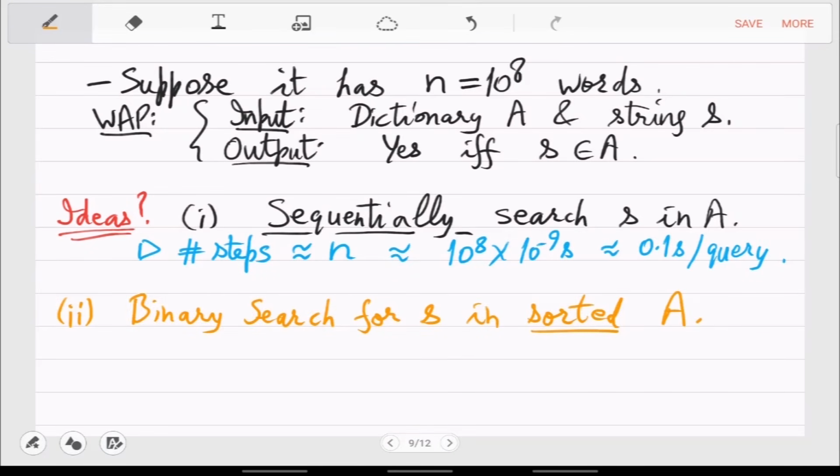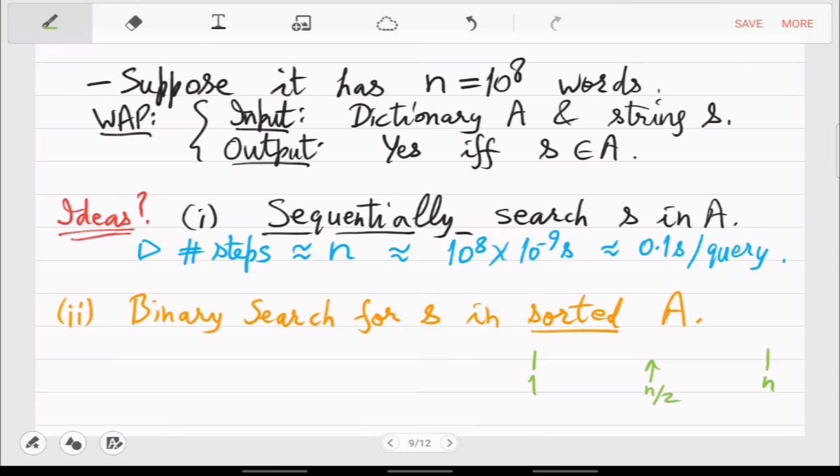Right, so binary search means what? What is the first step? You have to directly go to the middle of the dictionary, right? So the middle of the array. So you go to n by 2 basically. So here you have 1, here you have n. So you can directly go to n by 2 and then compare S with that. And that will tell you whether you have to go left or right. Either you already have a match, then you stop.